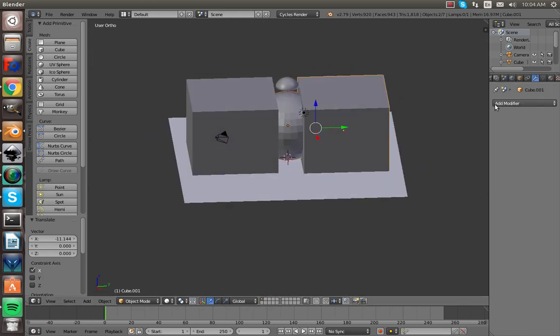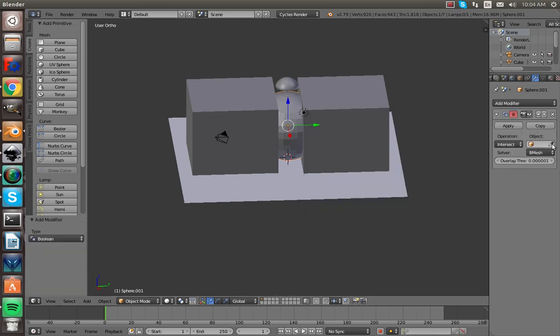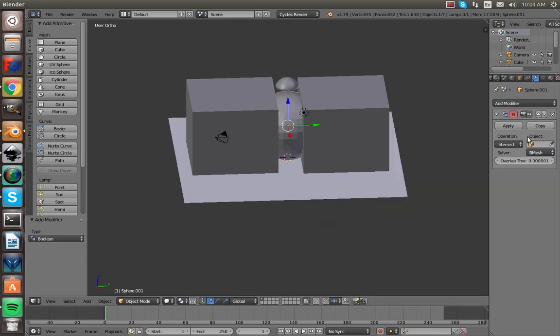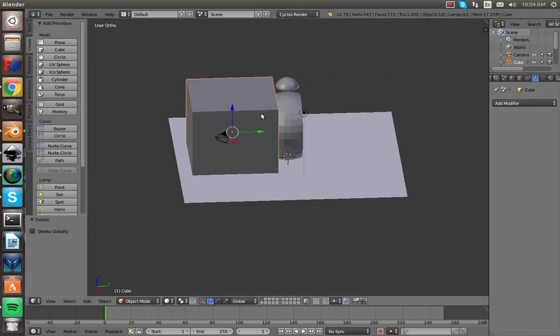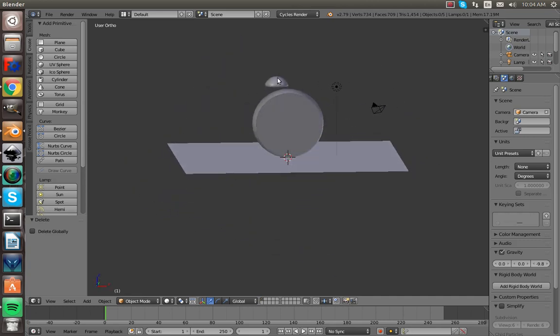So let's go ahead and boolean these real quick. There we go. Now let's delete this block and this block, and we have that kind of rough shape of